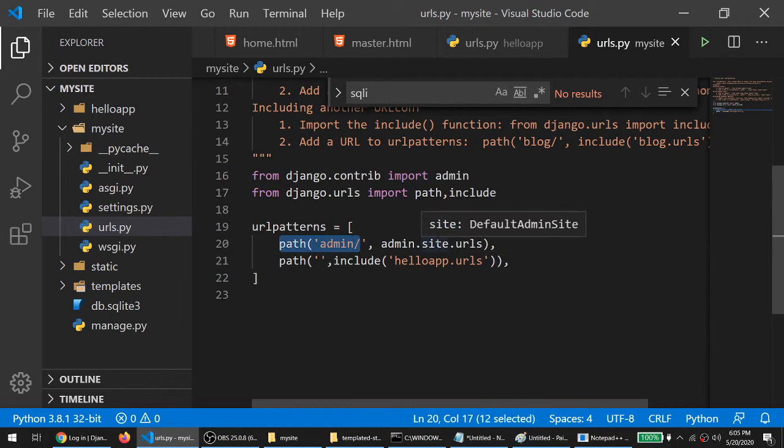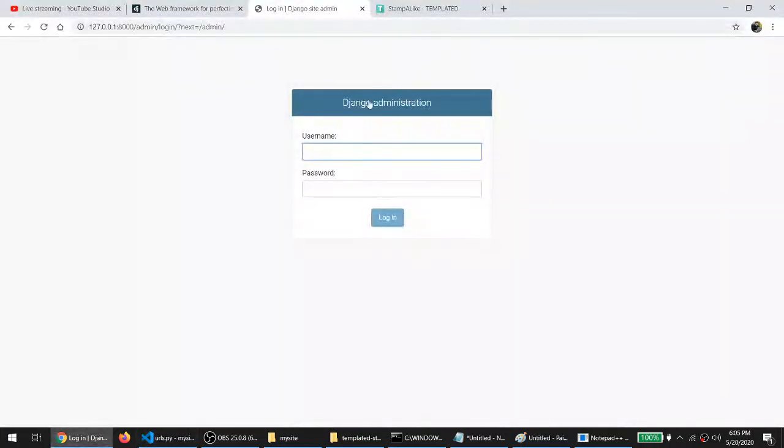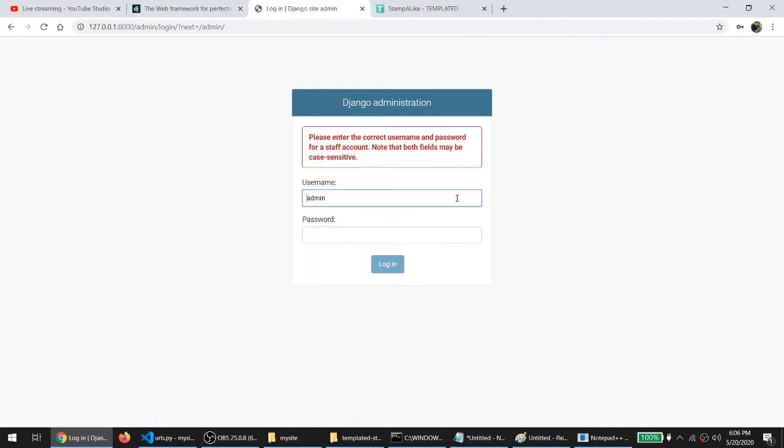The admin application is already provided by Django, and if you type admin you can see the login page is there. But I know you guys are wondering about the username and password. I know the first ID and password in your mind will be admin. So if I type admin, you can see the username and password are not correct.